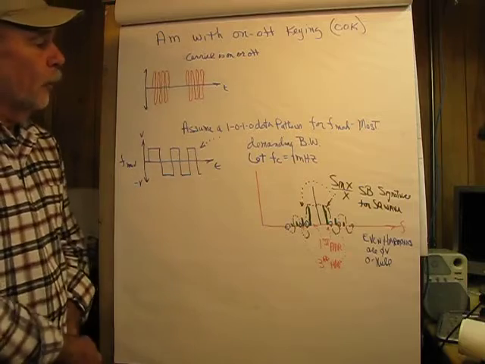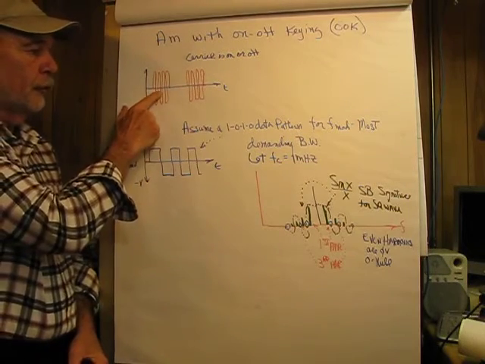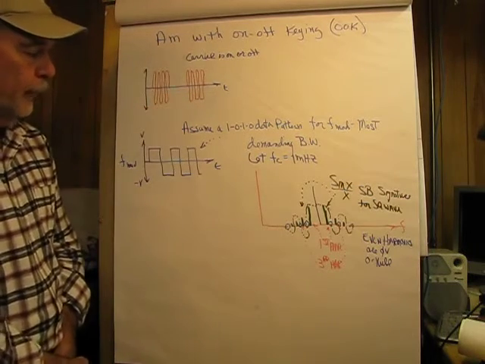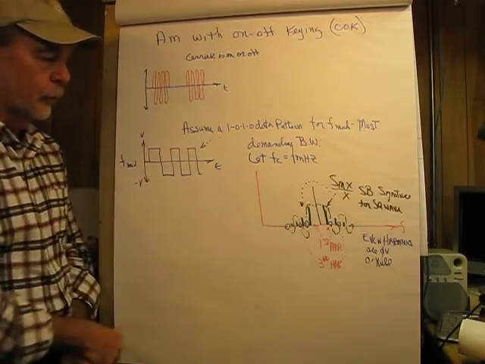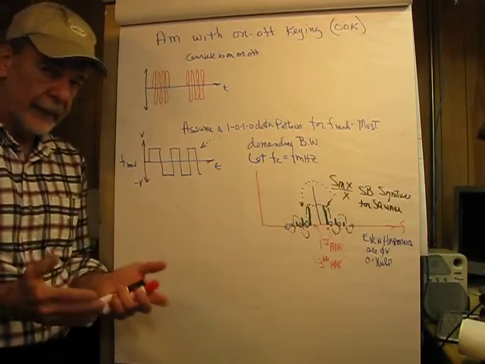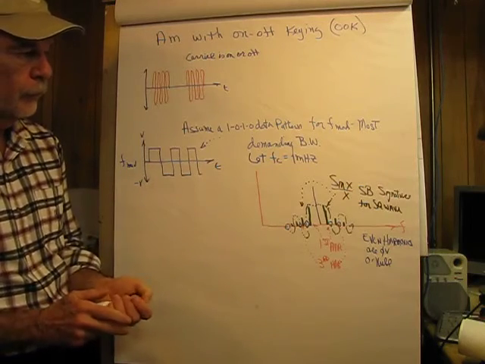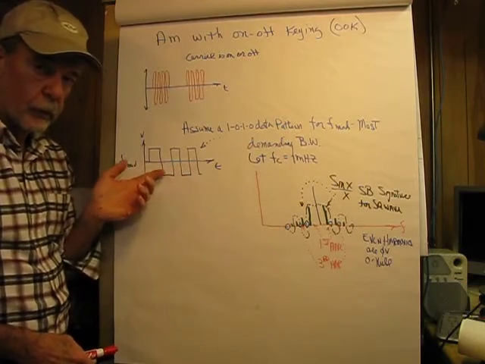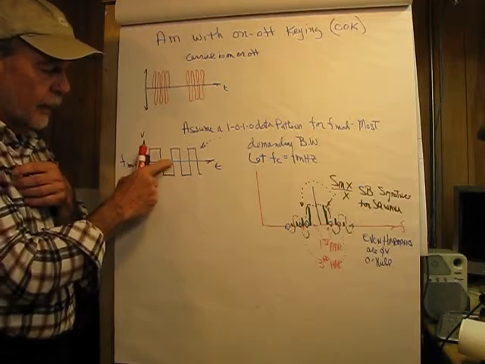So anyway, with OOK, since we're here, we might as well talk about it, what we see is the carrier is either full on or full off. So if we assume a 10 bit pattern, 1010, and just consider this to be part of a data packet, say you're receiving over the radio for some reason, this is the most demanding of bandwidth, a 10 pattern. And what you can see in your mind's eye in here is a sine wave forming the base